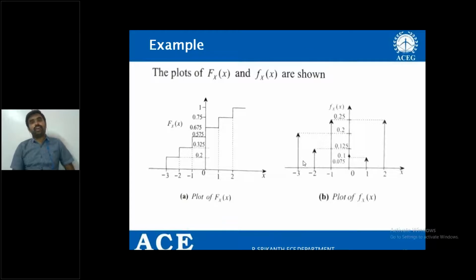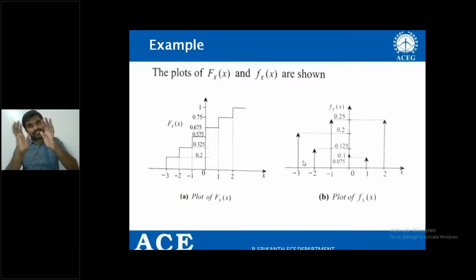So far we have discussed distribution and density function properties and also their application in problems. Now let us move on to some standard random variables. In your curriculum, some standard random variables are given, and in fact, it is not limited to only these random variables. In real life, as I said the other day, all the experiments or all the real life problems are probabilistic models.